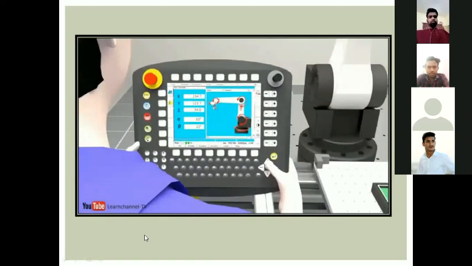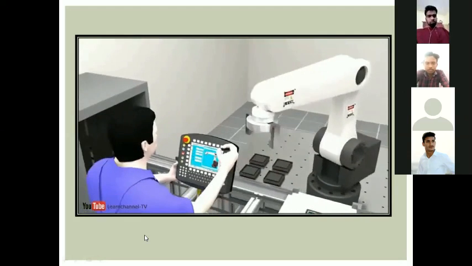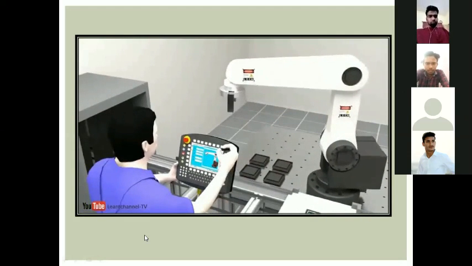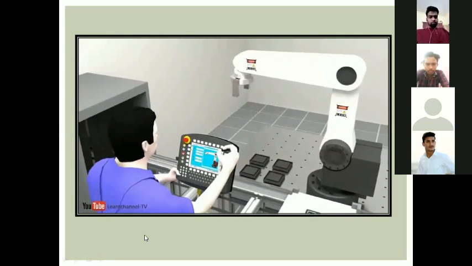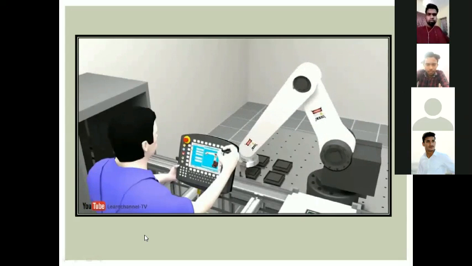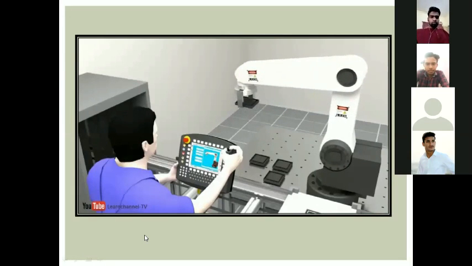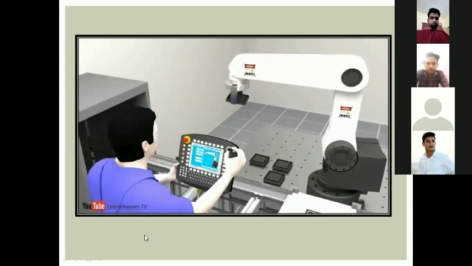This we call a teach pendant. He will move the robot arms or the joints using this teach pendant. He will keep on registering each point. You see, he is registering all the points.